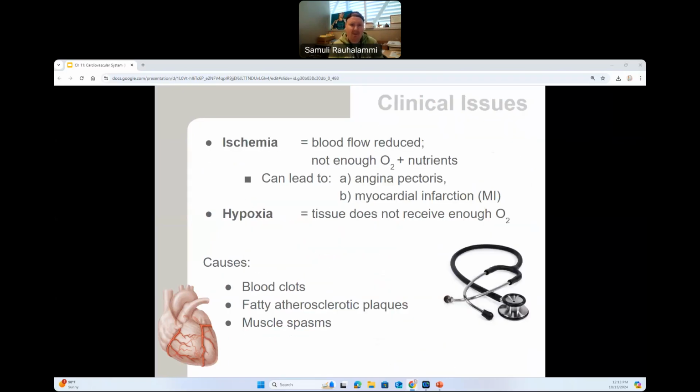And really, to finalize our discussion of the heart anatomy, I think we already discussed this largely, but a few more terms to be familiar with in terms of clinical issues. Ischemia refers to when we're not having enough blood flow, and this could result in hypoxia taking place, so not enough oxygen being provided to the tissue. And this can have many severe consequences. And this could be due to many reasons. And we already talked about the buildup of plaque in relation to this.